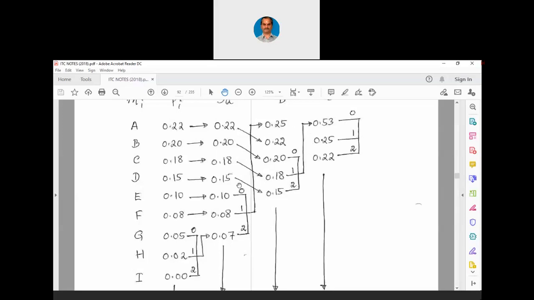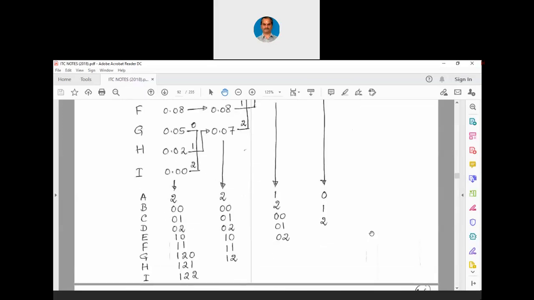Now we will go backwards in the same fashion. We will reach up to GHI. And when we complete our encoding, we get the code like this. 2, 0, 0, 0, 1, 0, 2, 1, 0, 1, 1, 1, 2, 0, 1, 2, 1, 1, 2, 2. Now this last code 1, 2, 2 is of no use to us because it is a dummy symbol. We can take this 2 till 1 to 1, A till H as our encoded output.